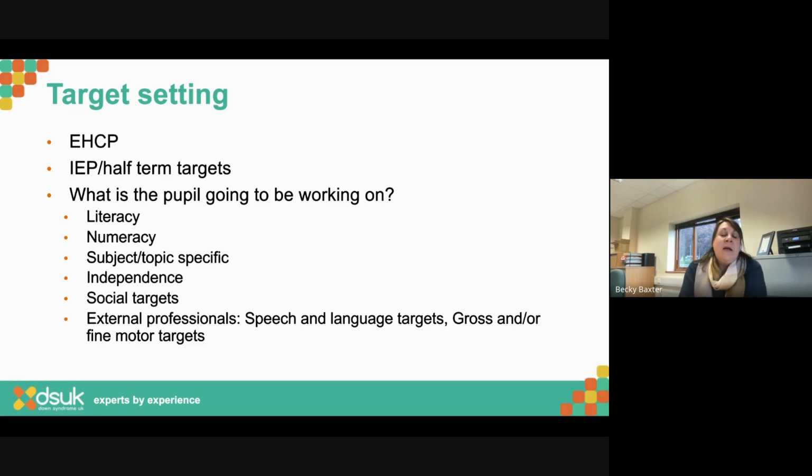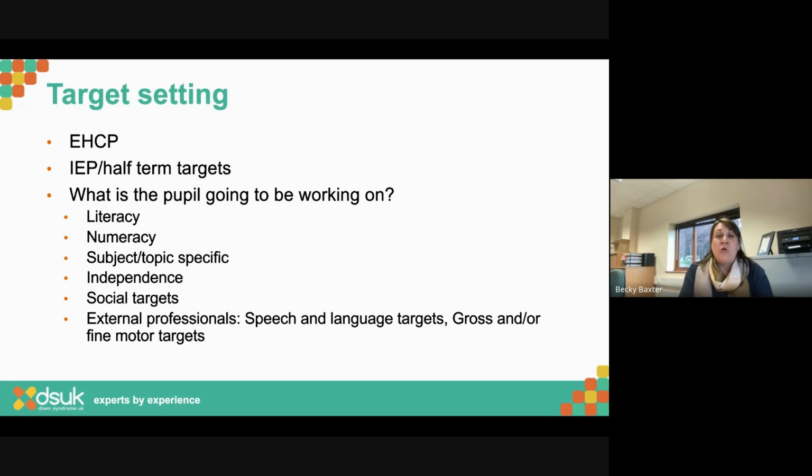Similarly for numeracy. Numeracy is tricky, particularly when we're working on different topics. So we do time or money for a bit, and then we go and do something else. We probably didn't consolidate a lot of that knowledge in the first place. If we don't then come back to it for ages, then we are likely to have lost some of that progress that we made. So again, thinking about, oh, I know we're moving on to a different topic, but I've got some jobs to just go over. It might be the starter activity at the beginning of the lesson is just a recap on that thing that is your focus that we've been working on.